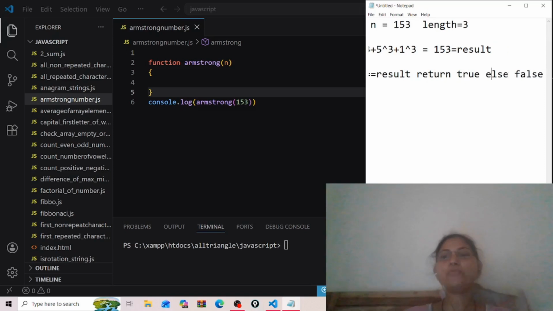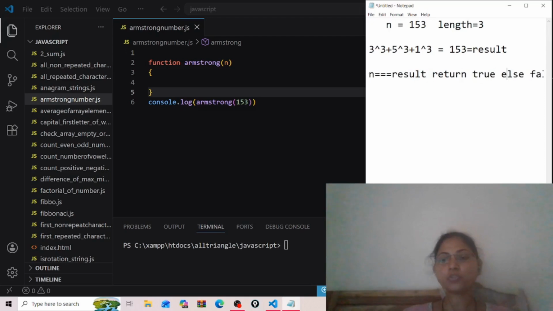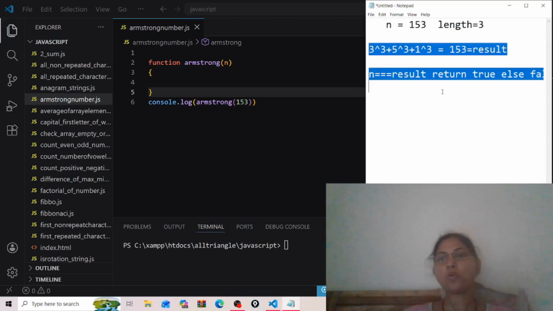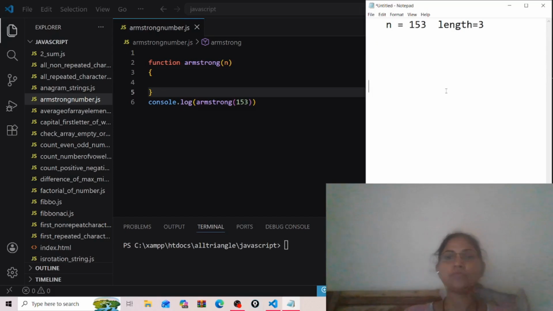So first of all, I just showed you the meaning of an Armstrong number. Now I am showing you the logic on the notepad, and after that I will show you how the code looks. First I will show the execution of this number. Now n is equal to 153. First we want the last digit from our n, so we will take n mod 10.